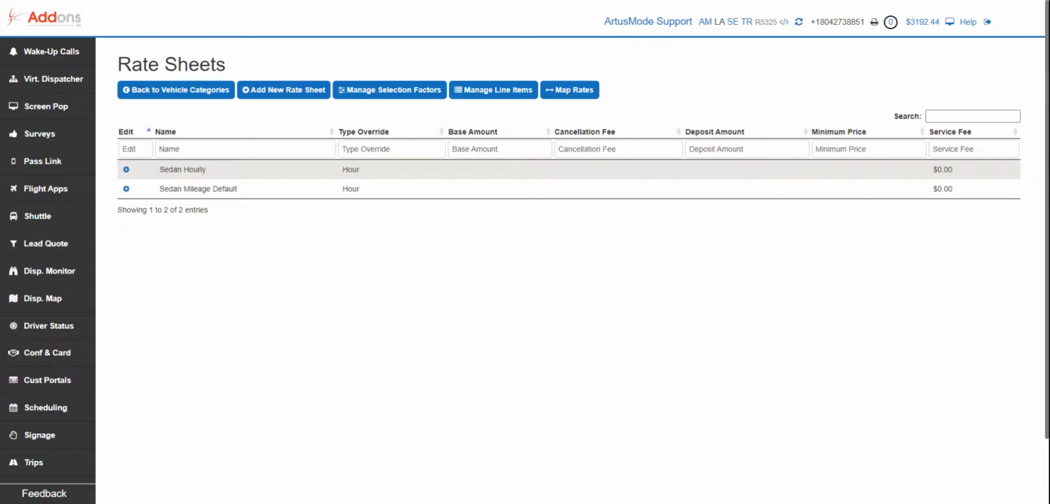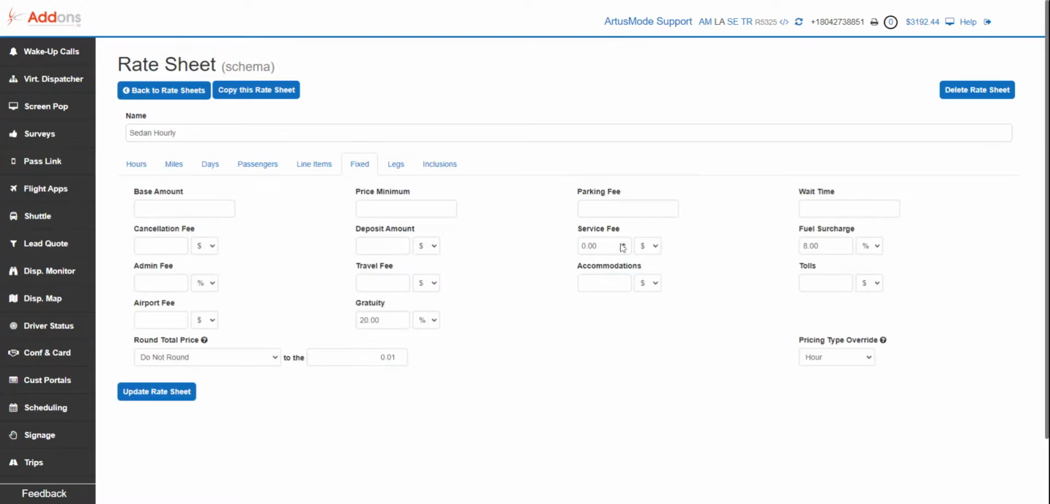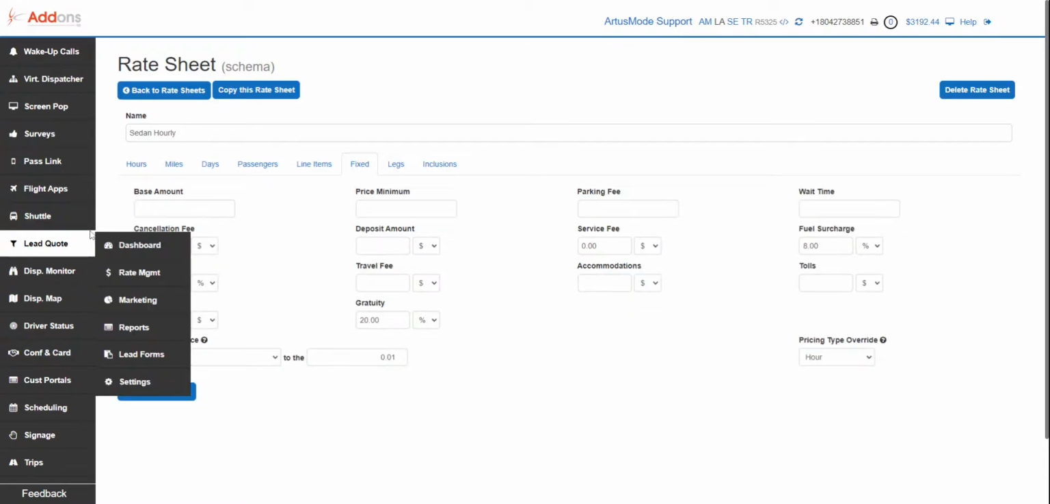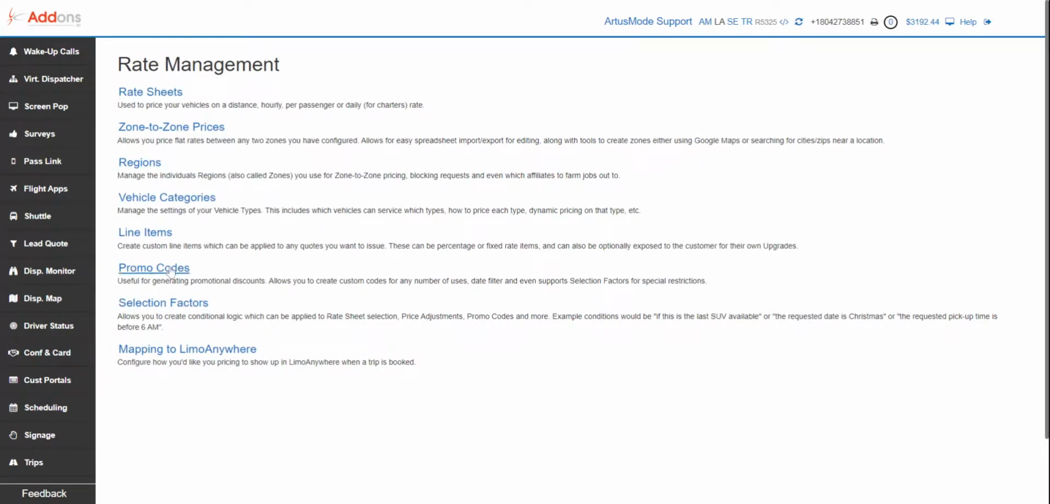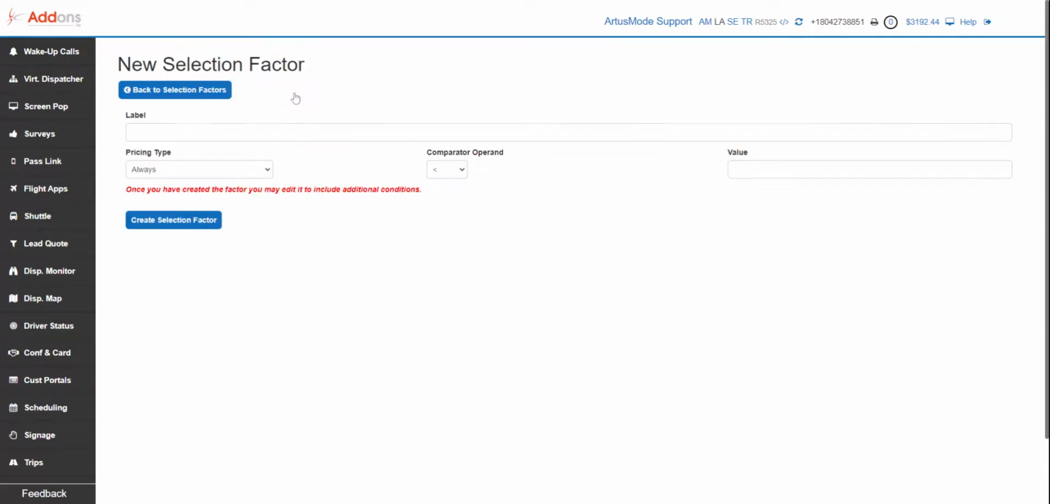So if you want to take the other route, which is going to give you the ability to add a price adjustment and set a fuel surcharge based on a selection factor, what we're going to do here is go to rate management. We're going to go to selection factors. So let's say you want to add one just for the next 3 months. You can create